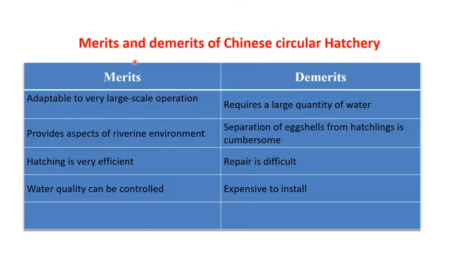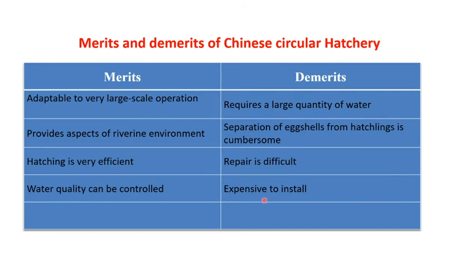So let us learn about the merits and demerits of the Chinese carp hatchery. Merits: it is adaptable to very large scale operation, it provides aspects of a riverine environment, hatching is very efficient and water quality can be controlled. Coming to demerits, it requires a large quantity of water. Separation of eggshells from hatchlings is a cumbersome process, and the repair of the hatchery is difficult and it is very